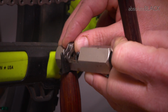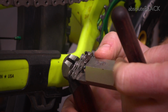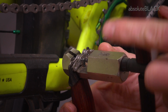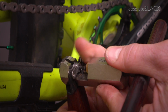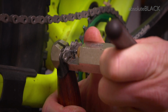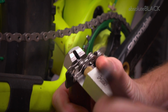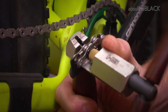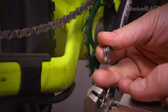Place the link to be split into the chain tool, ensure that it's fully down, wind the handle into the tool, make sure that the pin is squarely on the link, start to drive the pin. Again, it will push, make a nice pop. We'll push it out, you can see the pin coming out, you can see the 2 female sides of the link falling away. Back the pin out, we'll lose all the bits we don't want,